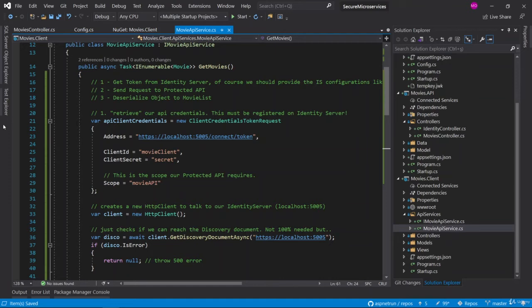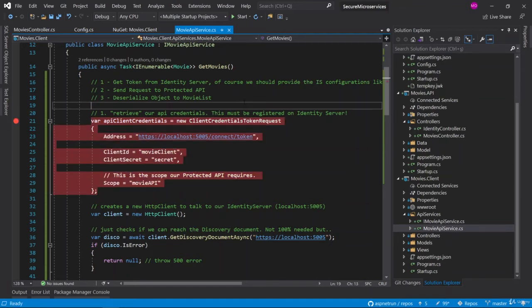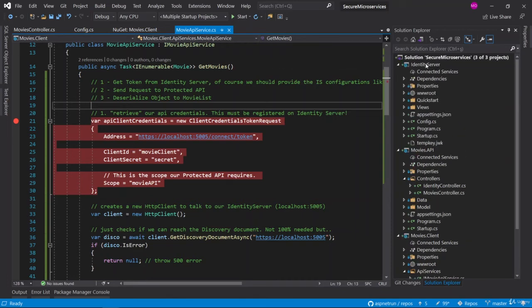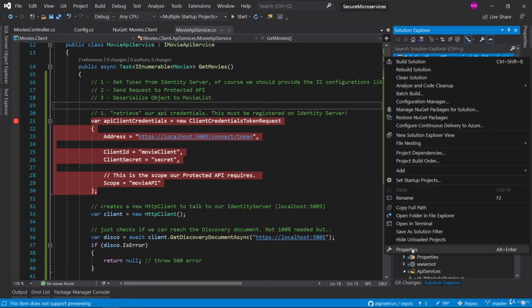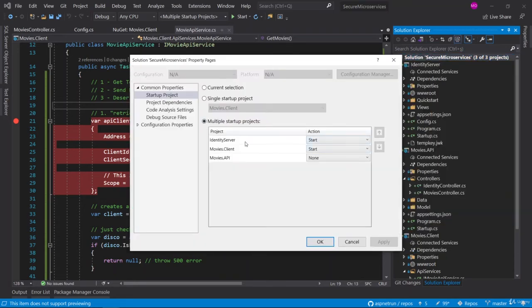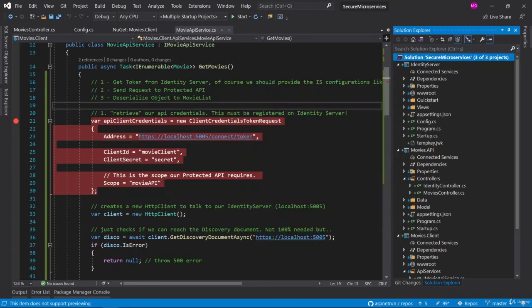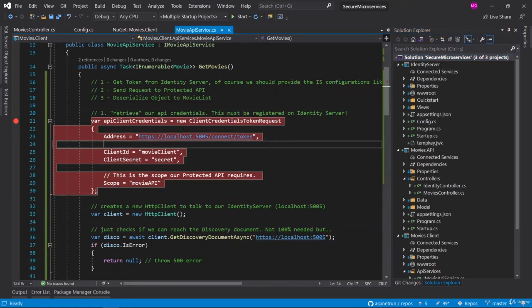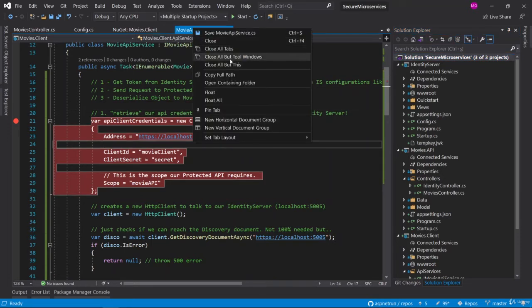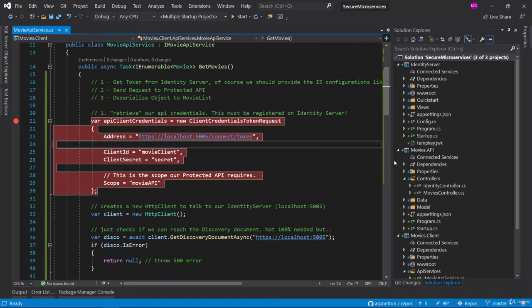You can put the debug in here and we will inspect these operations. So let me right click the solution and prepare the solution. This time we are going to run all the applications. So I'm going to set multiple startup projects, and I would like to see the movies API also starting. Apply and okay. So now we put the breakpoint in the API servers, and after that I am going to